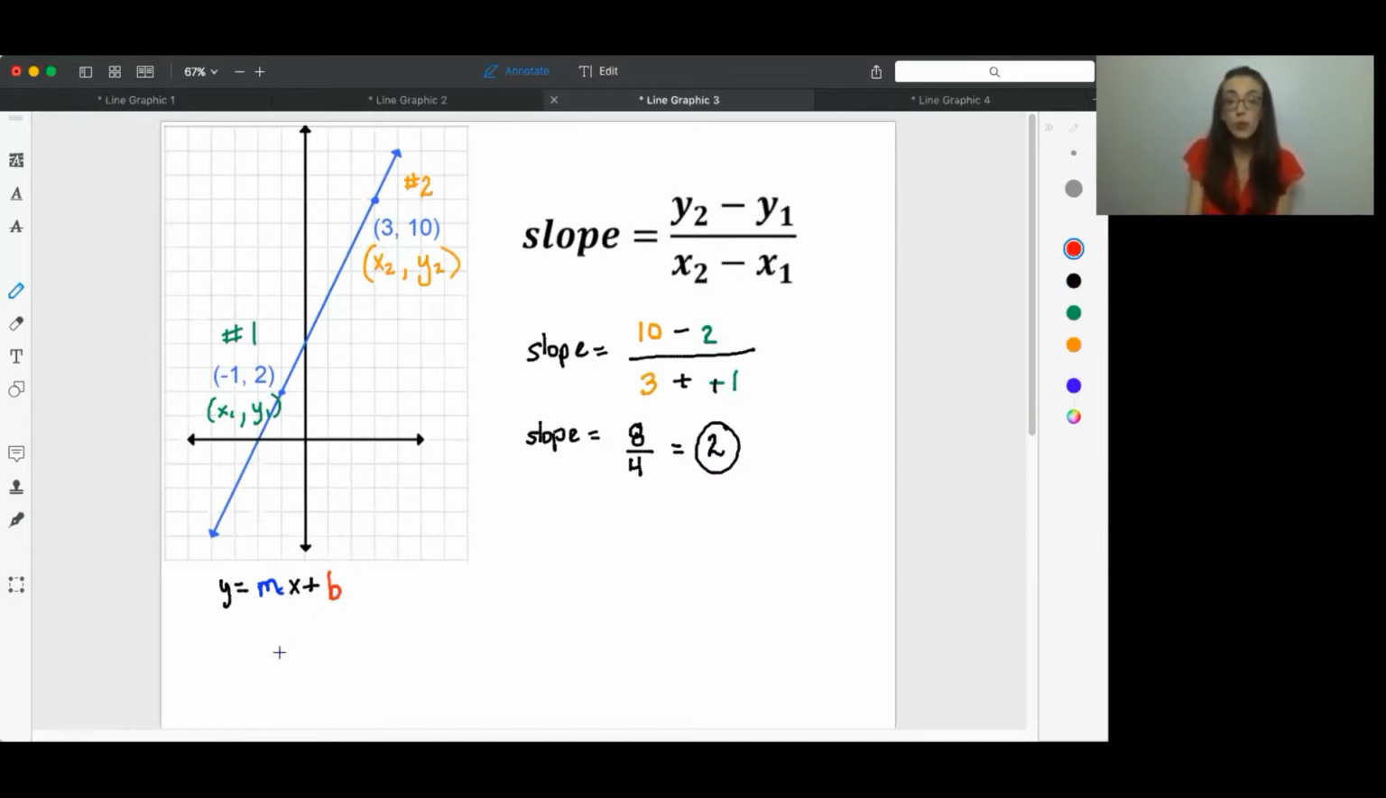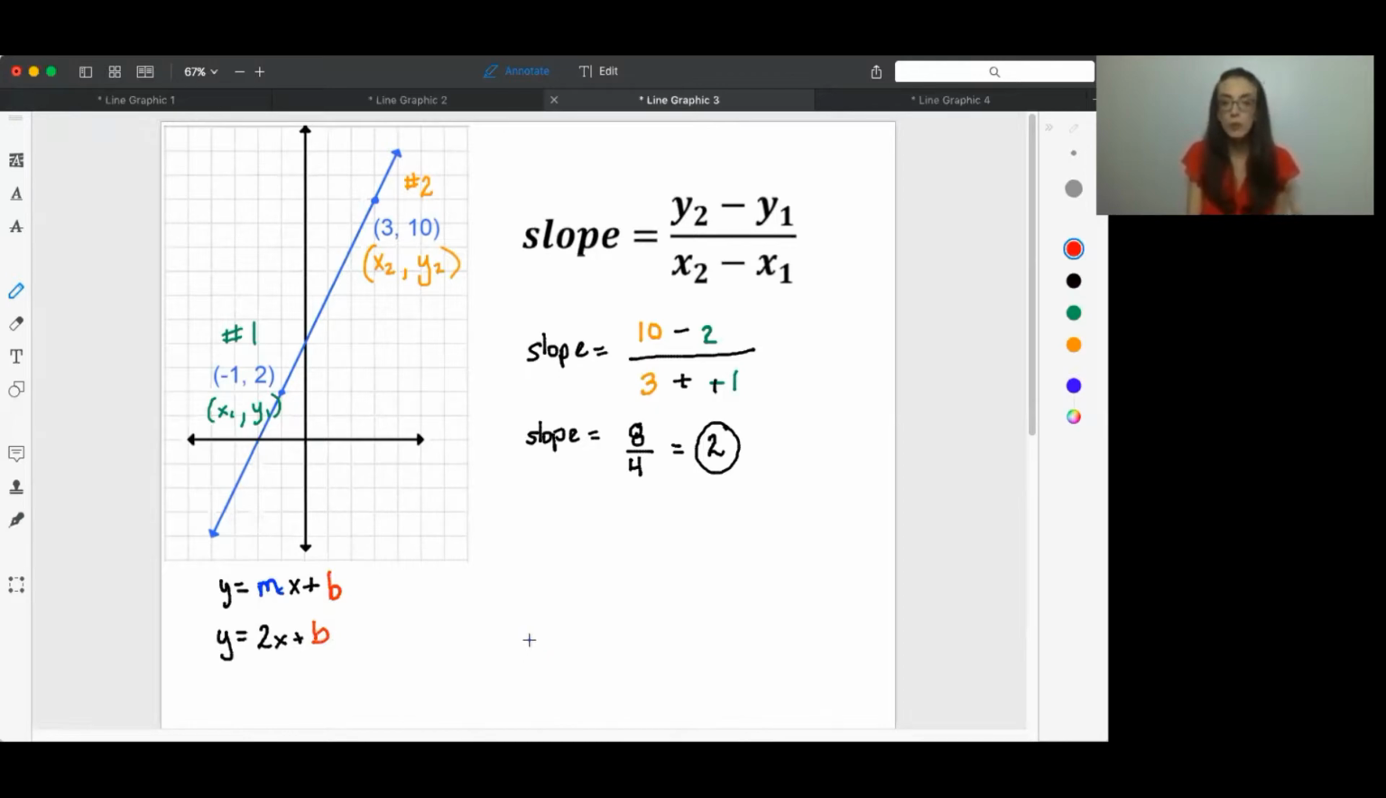Now the one value we have found is this slope value here, which we have found to be 2. So why don't we just go ahead and plug that in? y equals 2x plus b. Now we still don't know what b is, but the SAT has given us a hint that we can actually